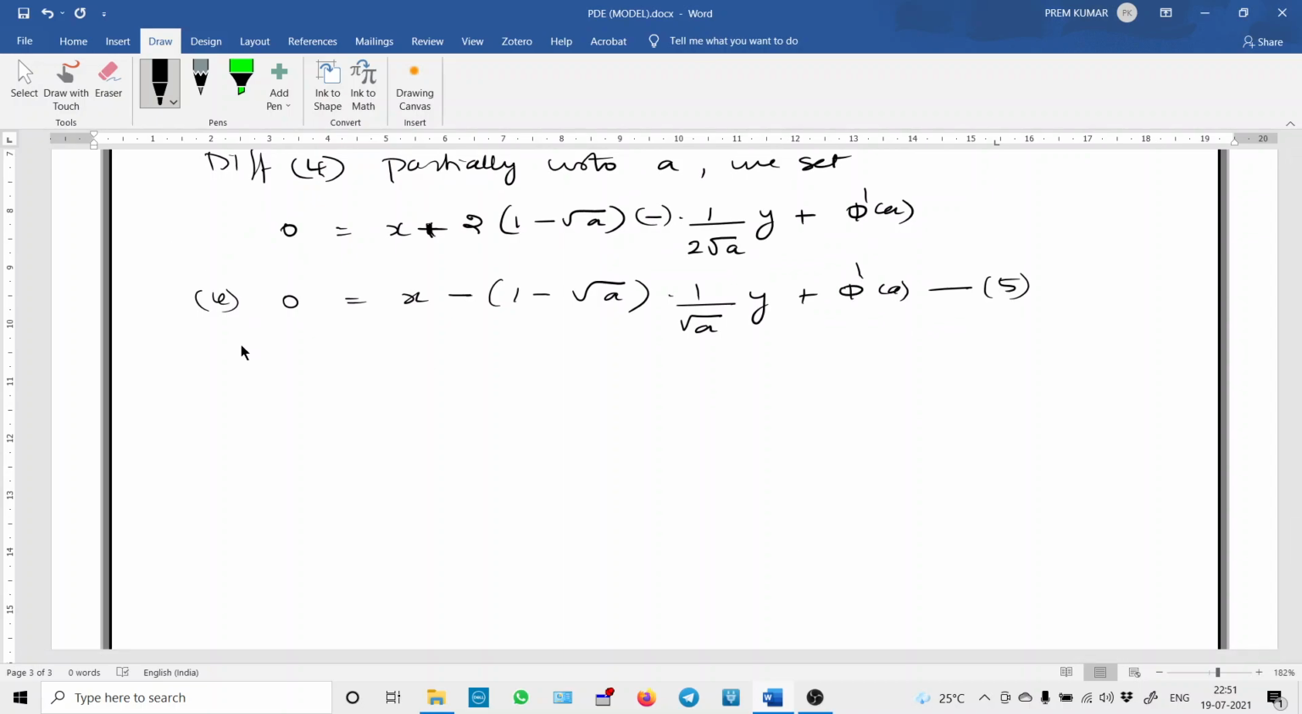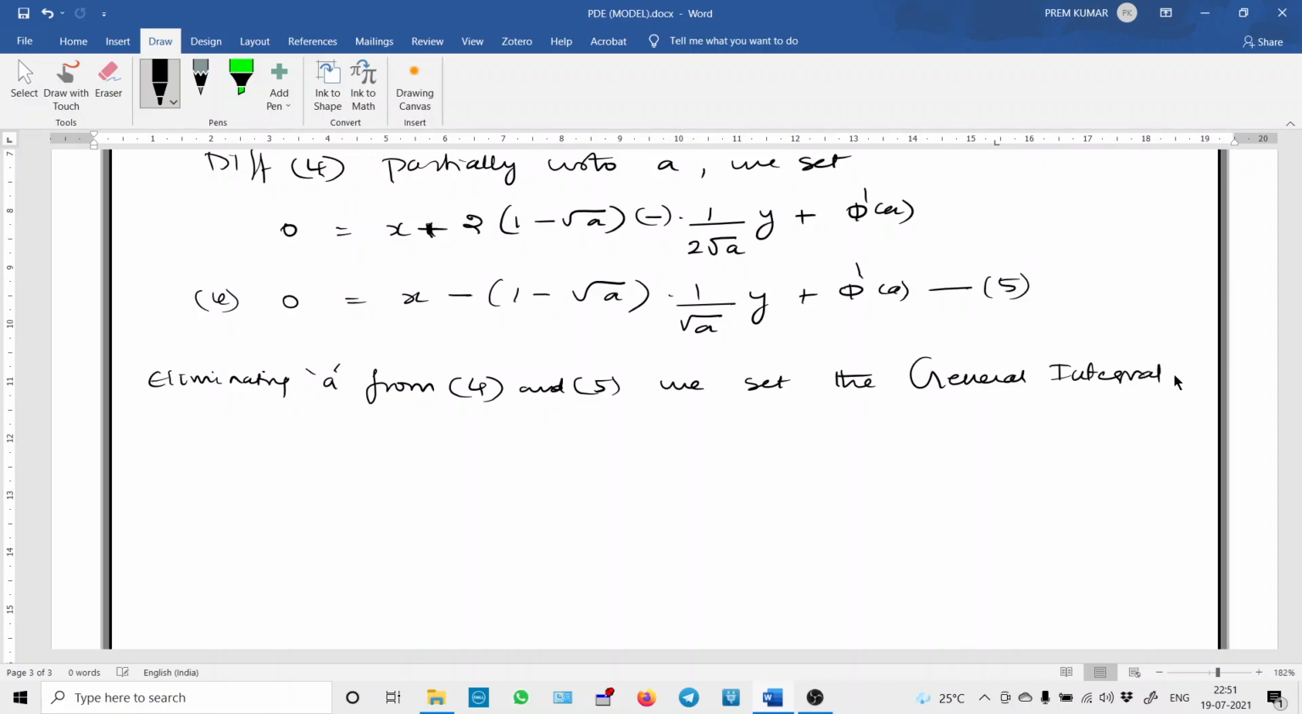Now eliminating a from 4 and 5, we get the general solution, general integral, and this completes the